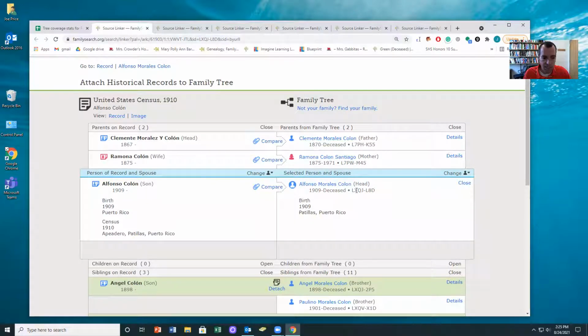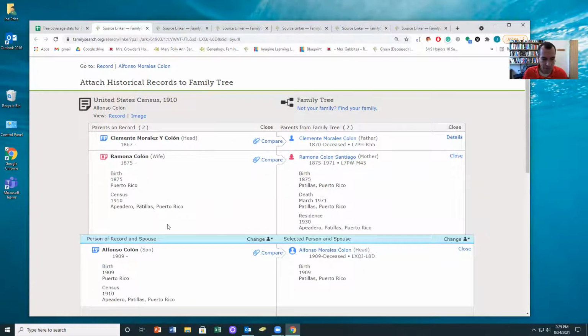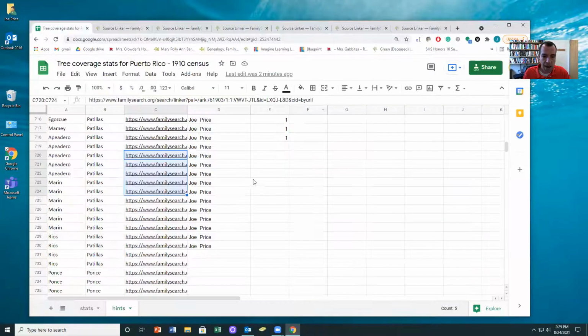And we can always hit details to look more closely so that we can see maybe the county is the same, Patilas. And then the key thing here is in the past, we've sometimes marked a 0 or a half. 0 if it's not a match, half if we're not sure. For here, just put ones. We'll go back and check later to see if you did it or not. If you choose not to do it, which is totally fine, we'll take a look and see what was going on and maybe spend a little more time thinking about some of those.